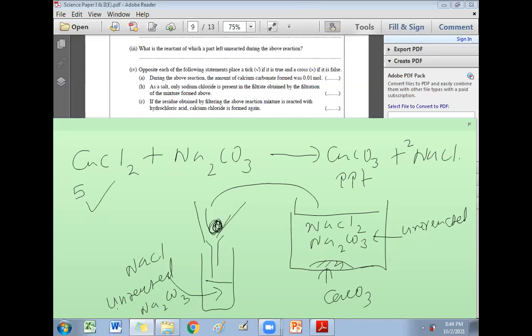Due to the presence of unreacted sodium carbonate. Therefore, in the chemical industry, paint industry, perfume industry or any other, imagine you are taking paracetamol or Panadol or aspirin or Disprin. What happens? When making the paracetamol tablet, if they put too much raw material, something in excess, the unreacted raw material added to make the Panadol will be left with the product. Then when you drink this medicine, you will get side effects. Why? Some unreacted chemicals added to make the paracetamol are left with the product.